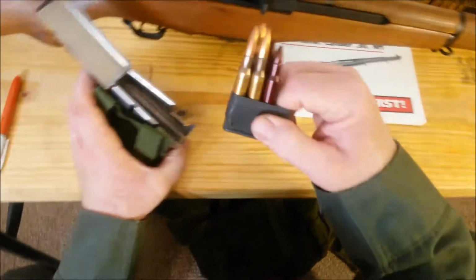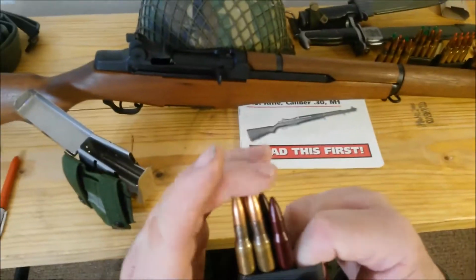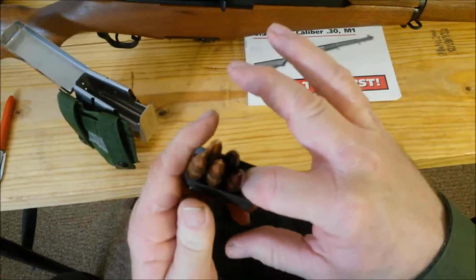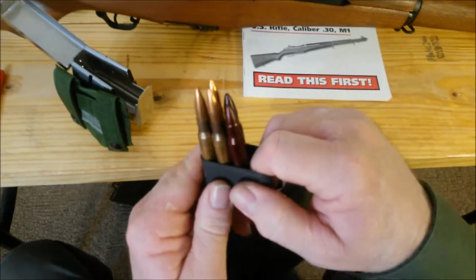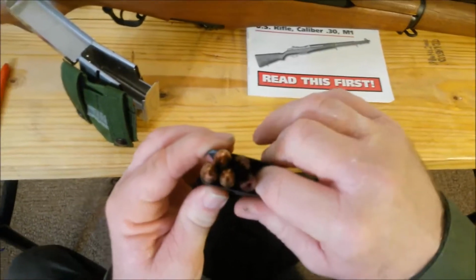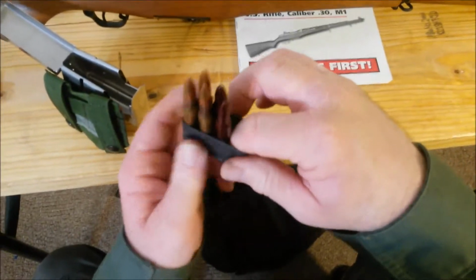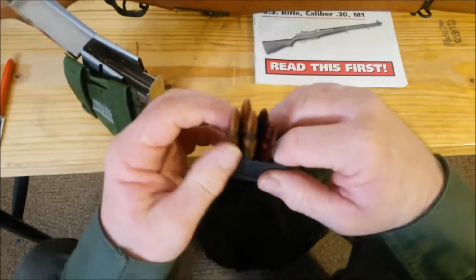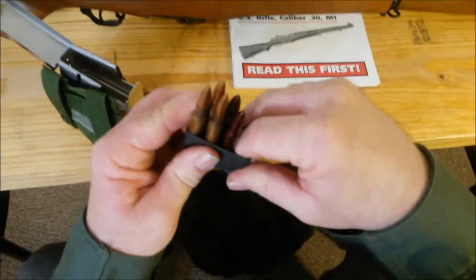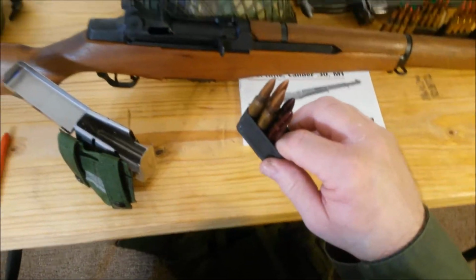The trick is to keep pressure on the rounds so they don't squirt out the bottom. The way you're going to do that is hold your index finger in the clip with pressure against the shells, and use your 2 side fingers. With a 5-pack, that's easily done. With a 2-pack, it's a little bit harder. You got to put a little more pressure on it. With the 7-pack, you got to put a little less finger in there. We'll go over that. So, first thing we're going to do